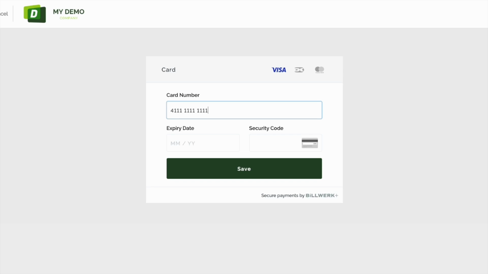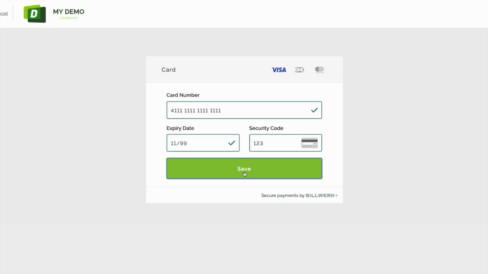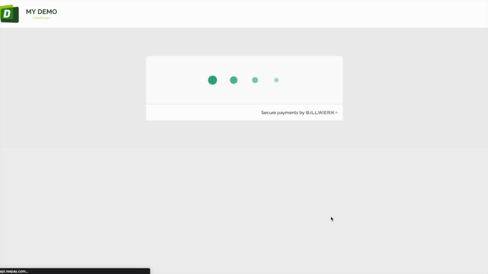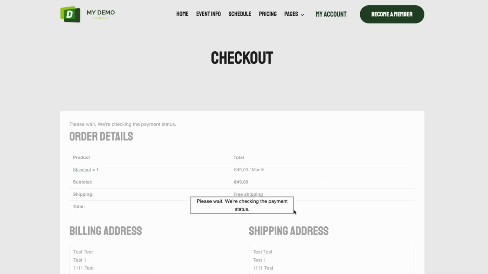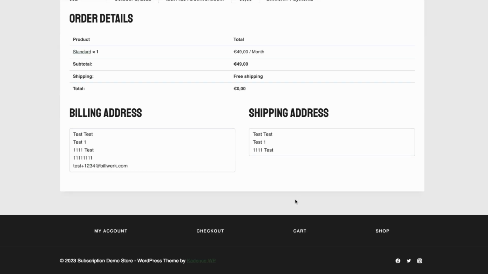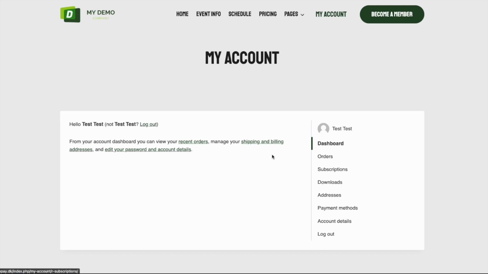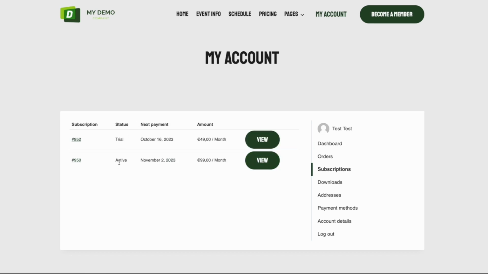I'll just put in another credit card. By the way, we have an option where you can show the stored cards you have directly in the WooCommerce checkout, so you don't need to put in a payment method once again. So we can just reuse the one you have. So if we go to my account now, go to subscriptions, you see we have 2 new subscriptions, 1 active,